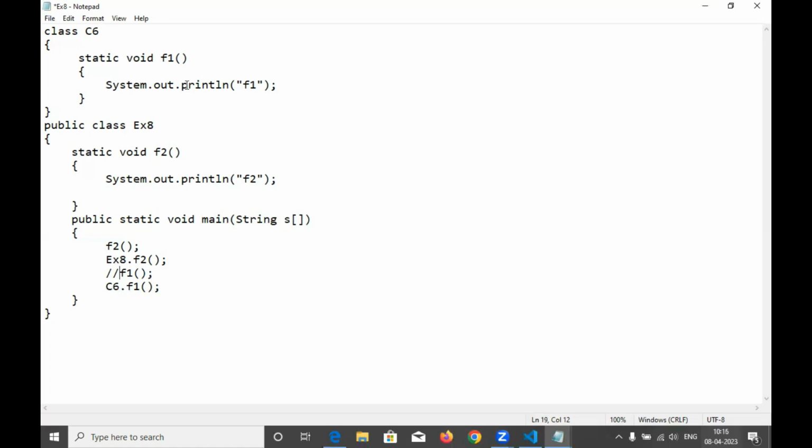Why? Because the function F1 and the function F2 are static functions. And to call the static function, we do not need to create the object of the class. Even if we have the object, we can call the function. Now, suppose